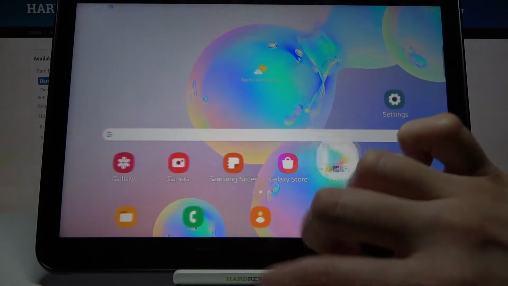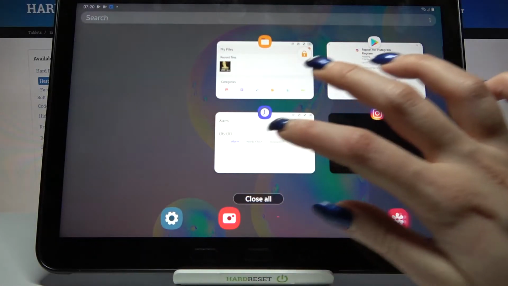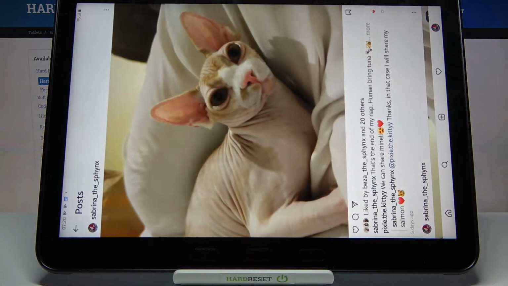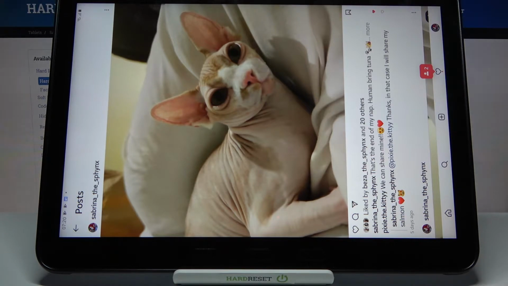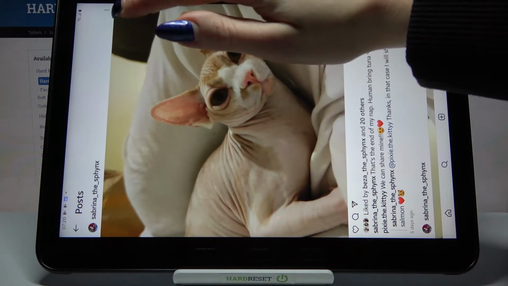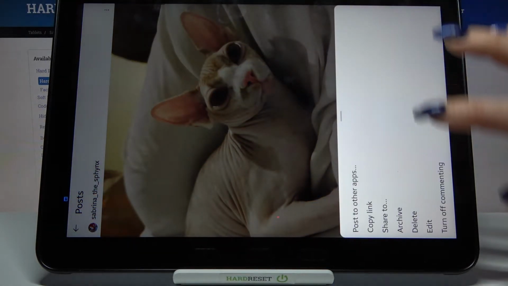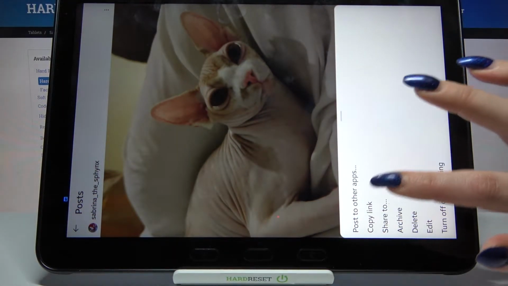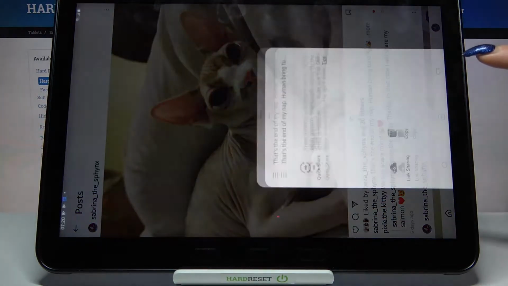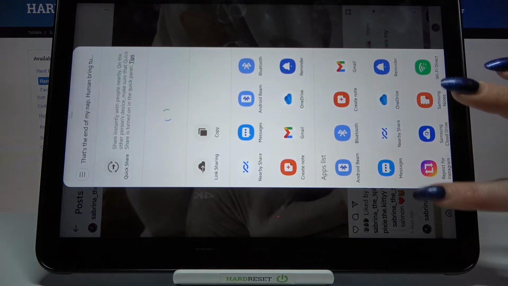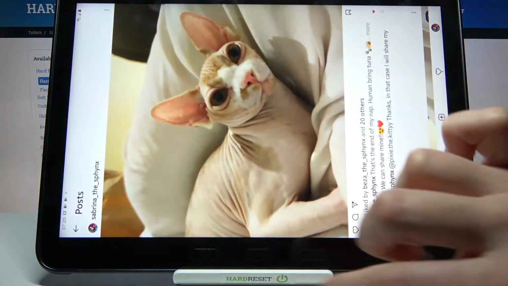Meanwhile, we can go into Instagram and select the photo that we want to download. Unfortunately, this app does not support auto-rotate screen, so we have to do it this way. Now you need to click at the three dots at the top right corner of your photo. Select Share to and tap on Repost app. Then go back to it